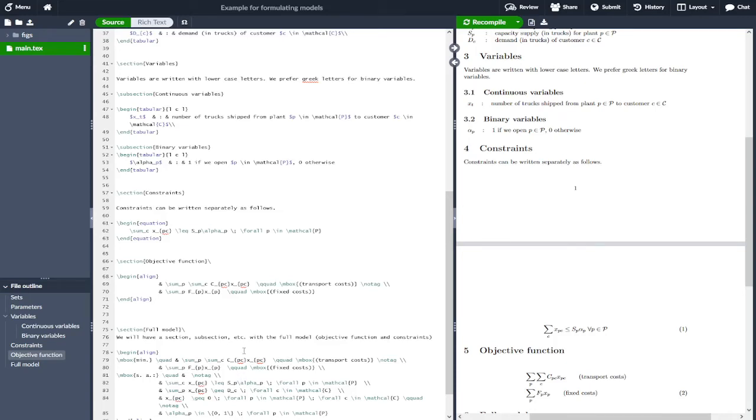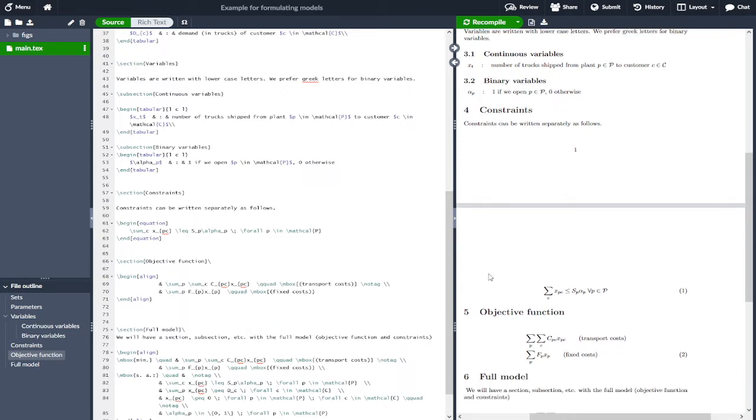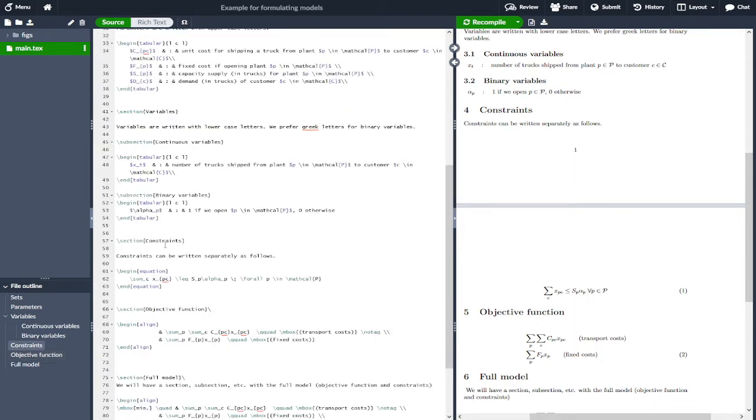Now we get to the constraints. You can write constraints separately, such as the one I formulated corresponding to this facility location problem. We only have one, and one way to do that is by means of the equation environment. This is another environment, so when we create this begin command with equation within the curly brackets and the end two lines afterwards, what we write in between allows us to use the math syntax in LaTeX